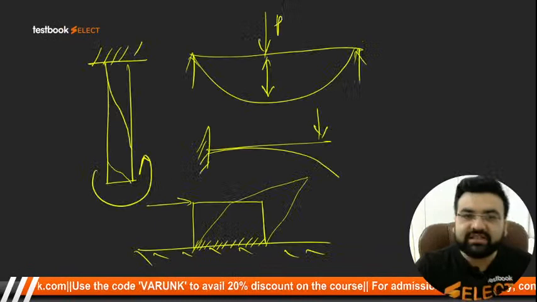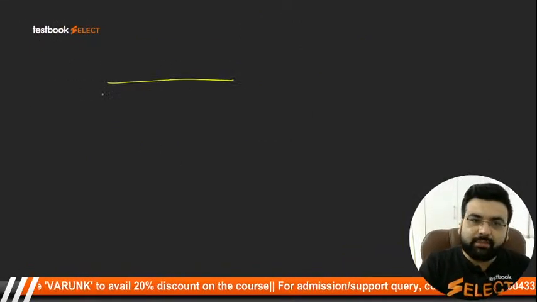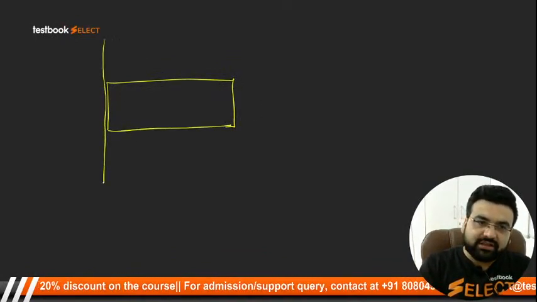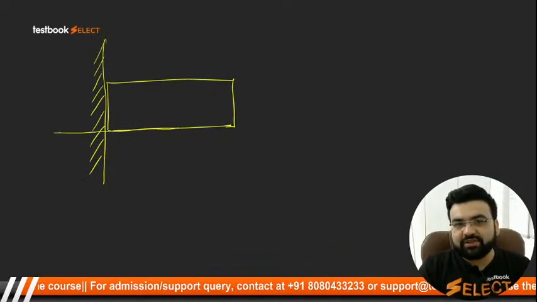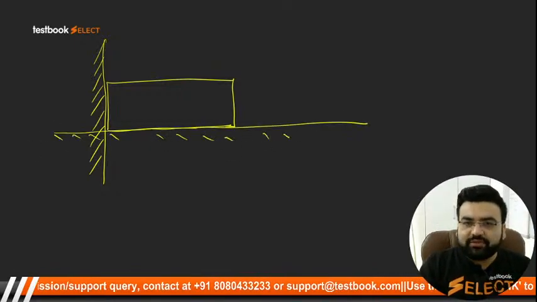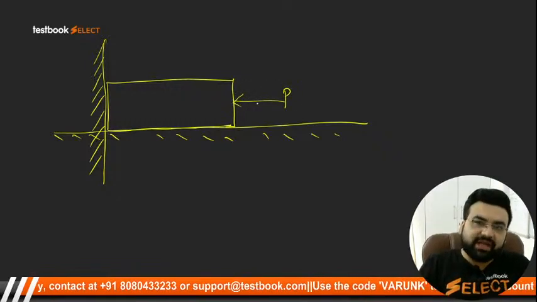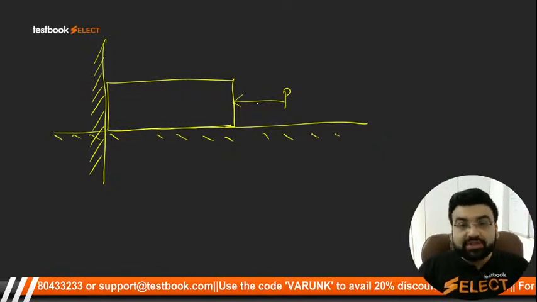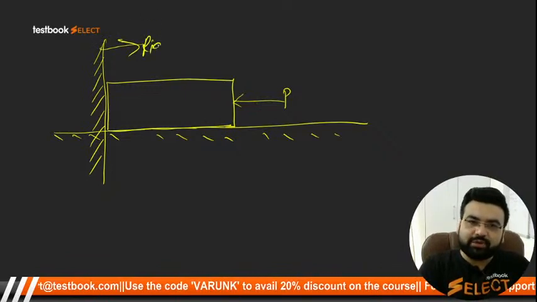Let us understand what is the meaning of resisting force. For example, students, this is a body and this body, I have placed it against the wall. This is a wall or a rigid support, I have placed it like this here, right? And this is the surface on which the body is lying. Now students, what you have done is that you apply a force from here, that is P. If you apply a force here P, what is going to happen? Will this body move? You will say no sir, because it has a rigid support. It is a rigid support.